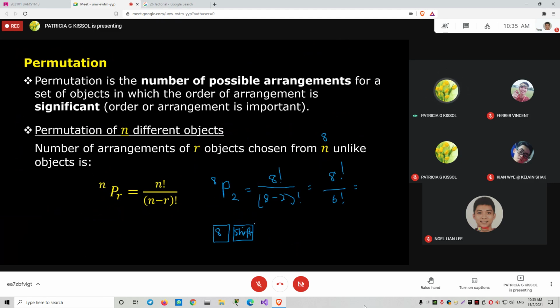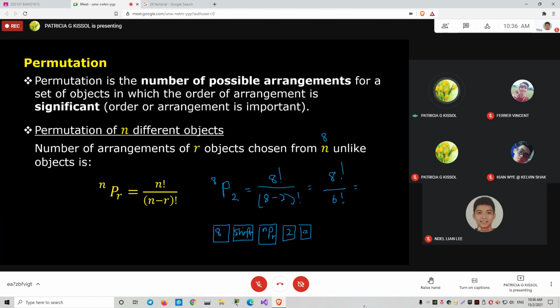Yeah, so 8, press shift, and then, if you look at your calculator above the multiplication, you can see the symbol nPr. Do you see that? Because you already pressed the shift. Depending on your calculator, you should see the nPr, colored in brown, and then you press the number 2, and then you press the equal sign.